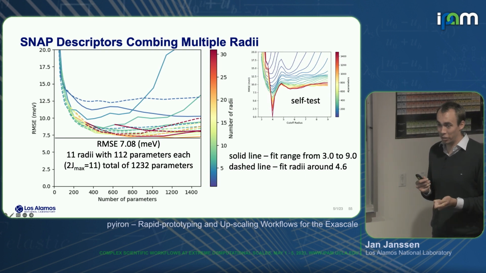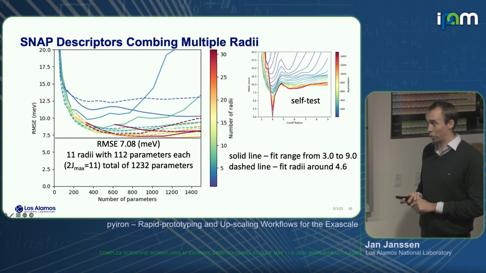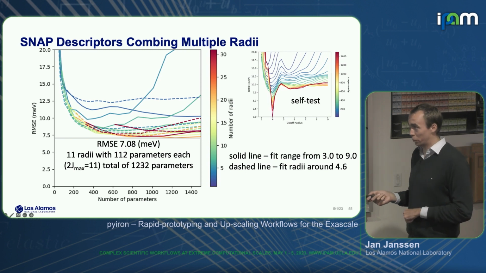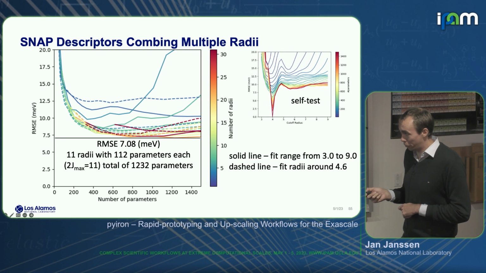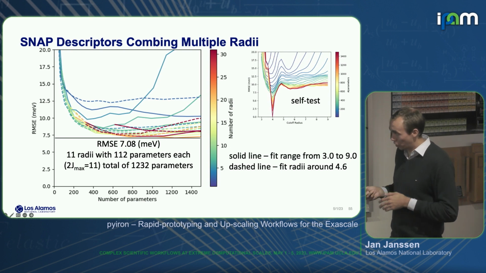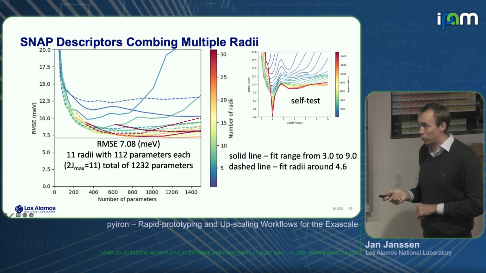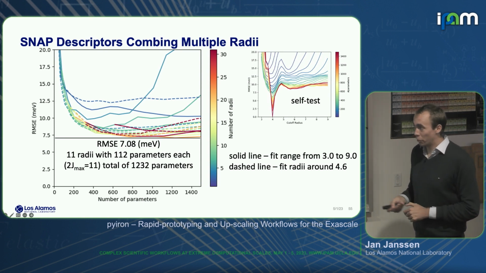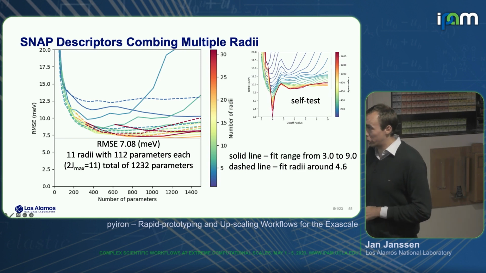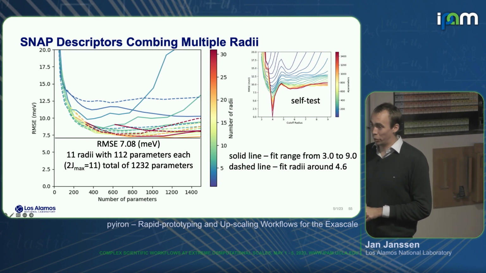But what we find is that the SNAP descriptors are very sensitive to the cutoff radius that we choose. Right? So that's what you see here. Already, if we stay at the 4 angstrom cutoff and we slightly increase the parameters, we only get a little bit worse. But if we just change our cutoff radius, just go slightly larger in terms of our cutoff, that's really where the error directly jumps up above the 7.5 meV.